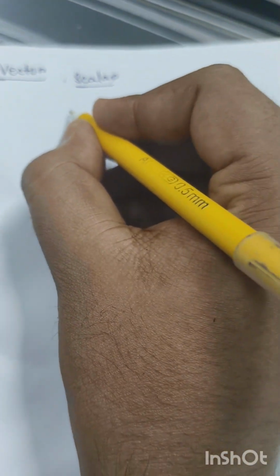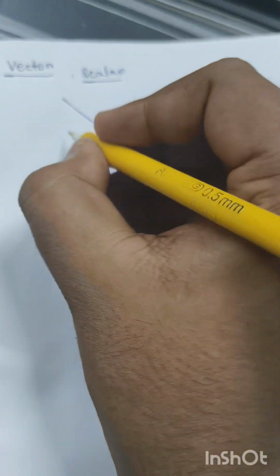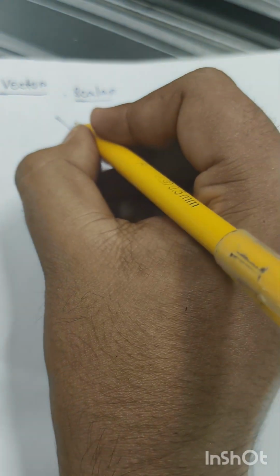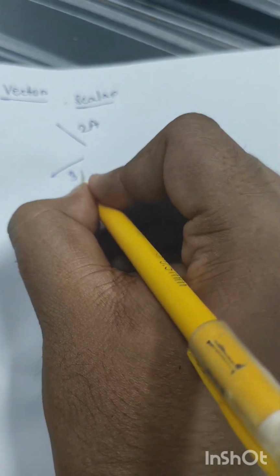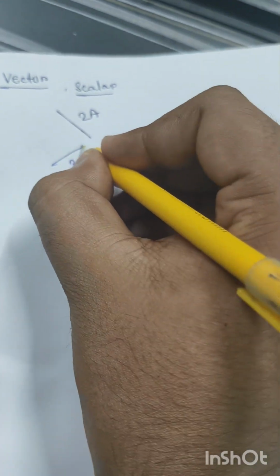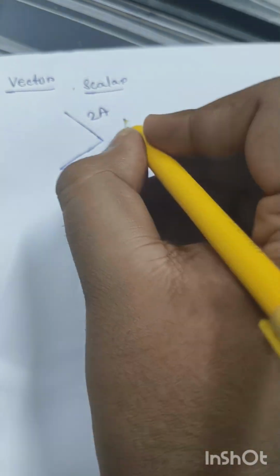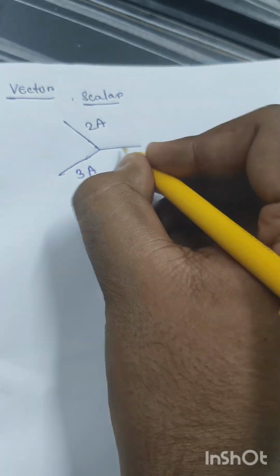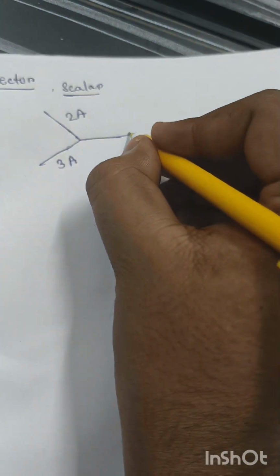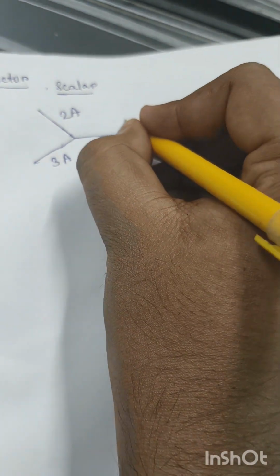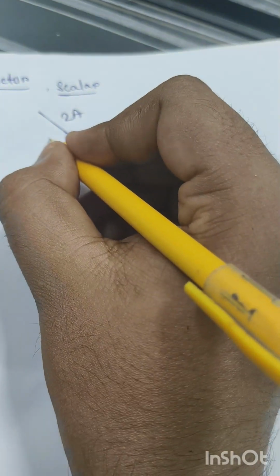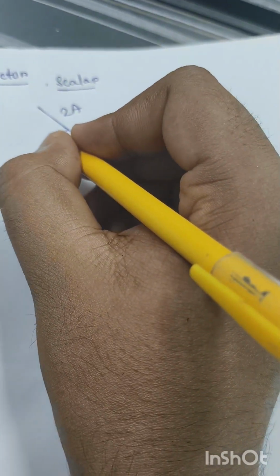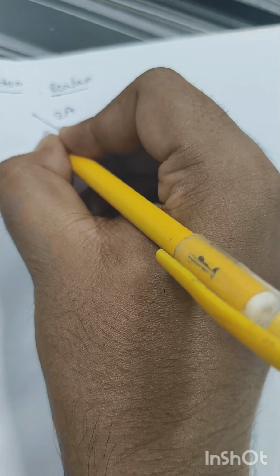Suppose there are two wires, one carries 2 ampere and one carries 3 ampere. Now if they join and form a single wire, then this wire carries 5 ampere, and the angle between the 2 ampere wire and the 3 ampere wire, whatever it is,